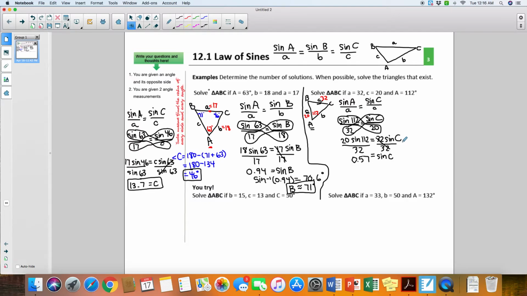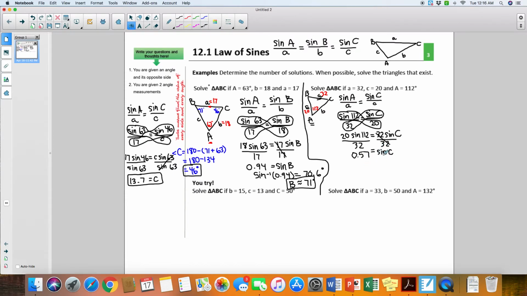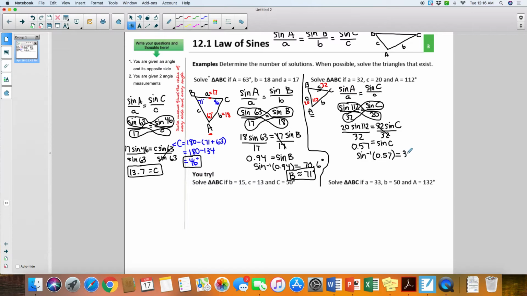Okay, so I would get 0.57 equals sine C. From there, of course, I still have to cancel out this sine. You would cancel out sine from the variable by doing the inverse. So I would do sine to the -1 of the 0.57 in the calculator. Again, you would press the second, then the sine button, and then type in 0.57 and you would get 35.4